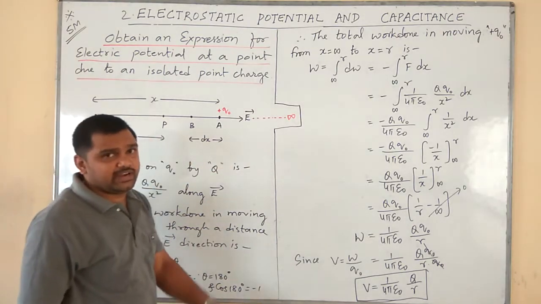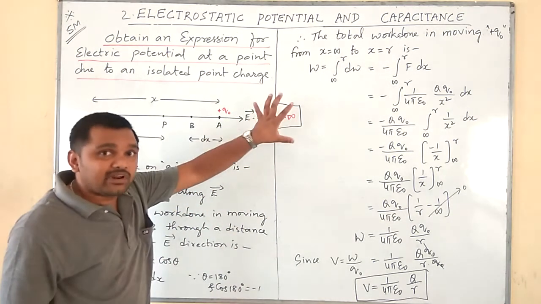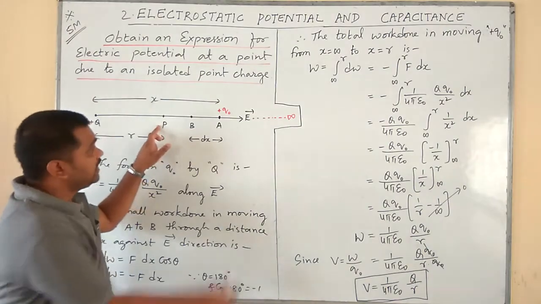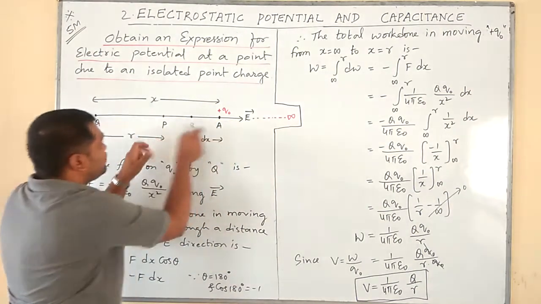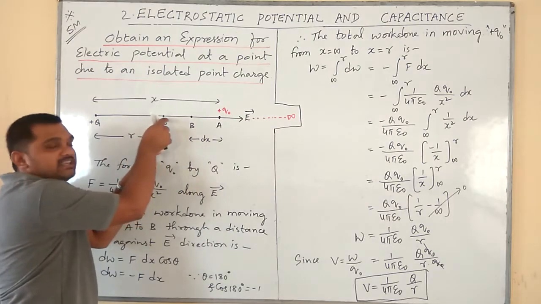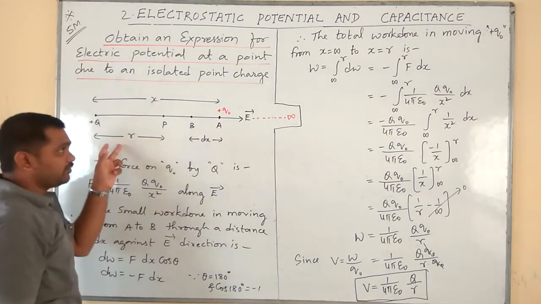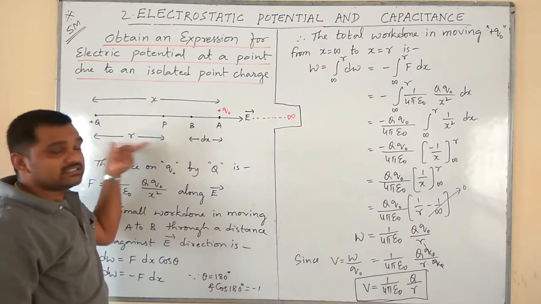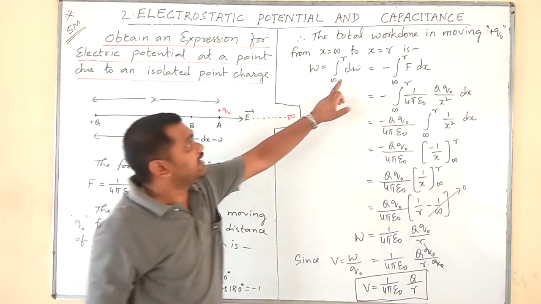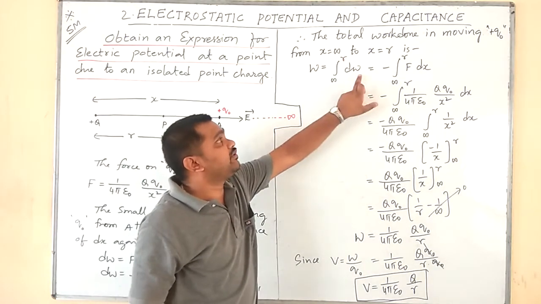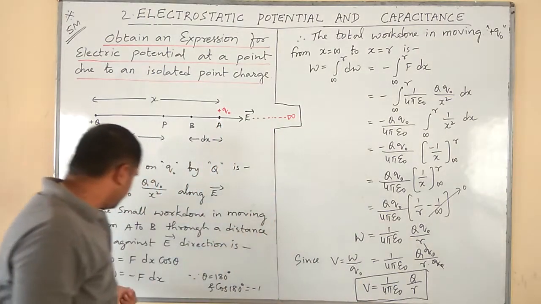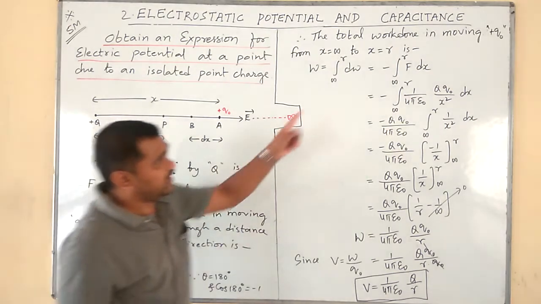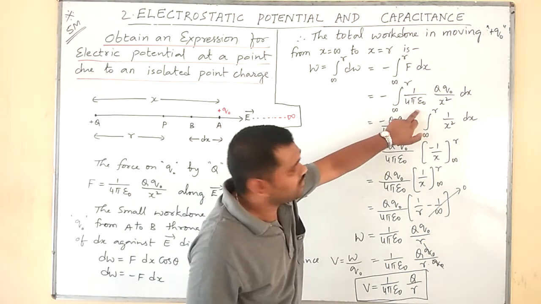Now, let us try to get the big one, that is the total work done in moving a unit positive test charge from infinity to this point. It is at a distance of x is equal to infinity. Finally, we need to bring it and place it here. Therefore, it is at a distance of r. Therefore, total work done in moving that charge from x is equal to infinity to x is equal to r is given by integrate W is equal to integral infinity to r dW. Next step is simple substitution method. In place of F, what can we write? This. Okay. On simplification, till here we can get.